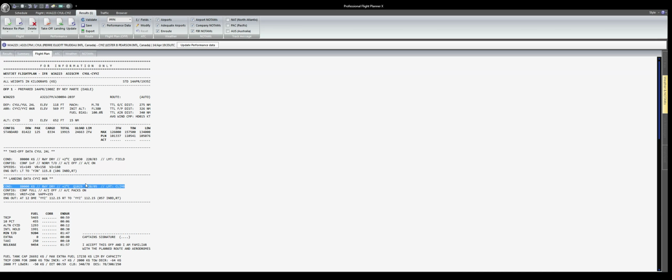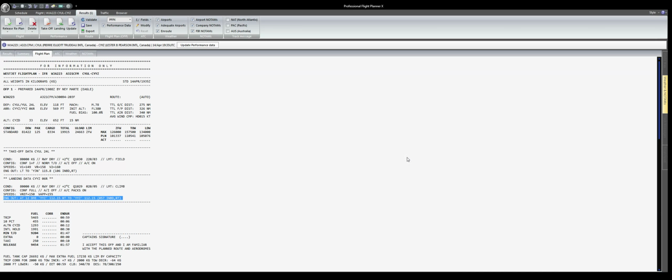So keep that in mind. Information set by your weather is the temperature, QNH, and wind speeds, and you have your configs once again, and your landing speeds, your approach and VREF. Then you have your engines out, VOR,